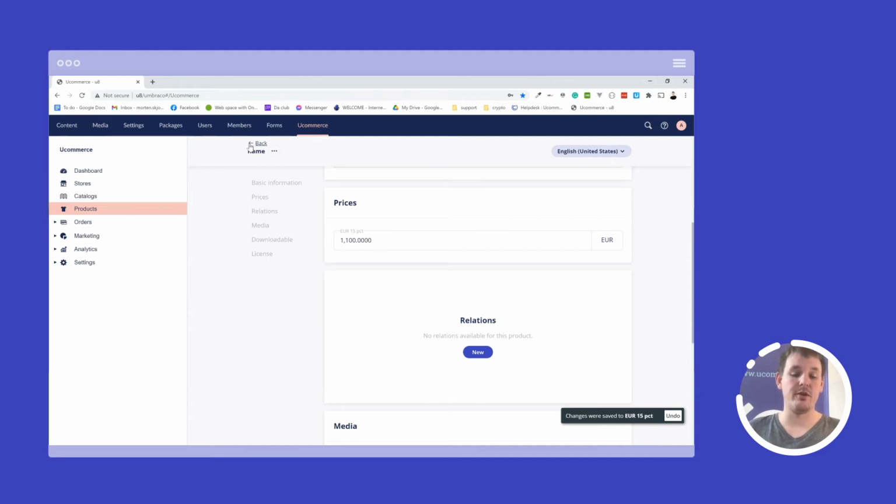So it should be possible to have both prices on the family level, but also on the variant level as well. Once you add a particular product to your cart, it's important to also know that if you have a configuration where certain products require variants, then you have to add a particular variant to your cart. You will not be able to have a product family with variants and then add the product family itself. It needs to be a specific variant, and that's basically just a design decision that has been created in UCommerce.